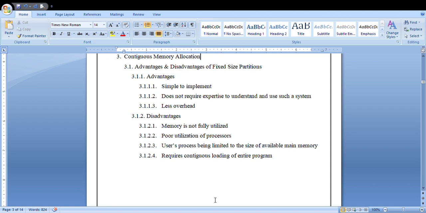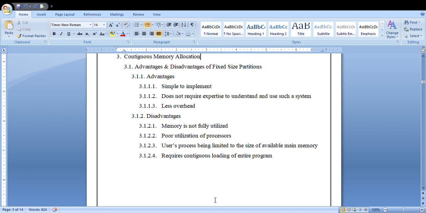As the name itself indicates, once you boot the system or switch on the system, first only your operating system will be loaded in memory. Once it is loaded, the rest of the memory will be free until you try to execute something, until you try to perform some operations.